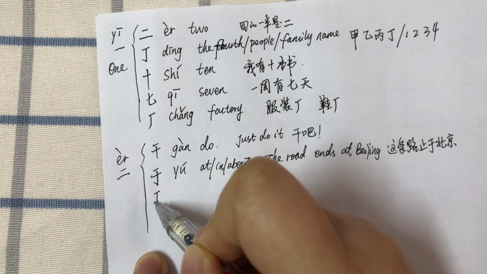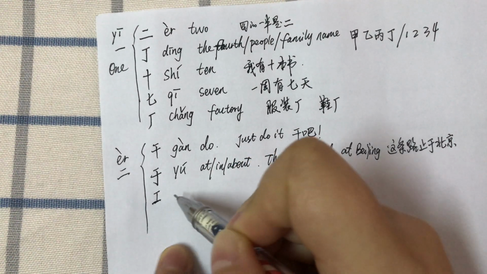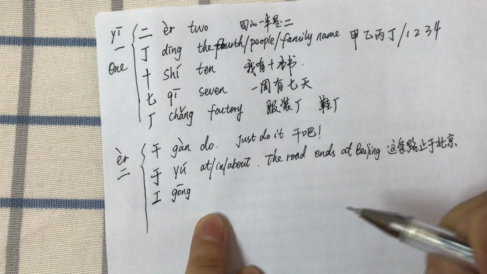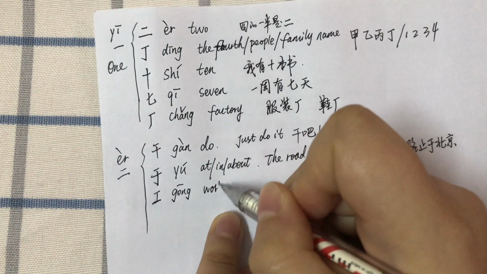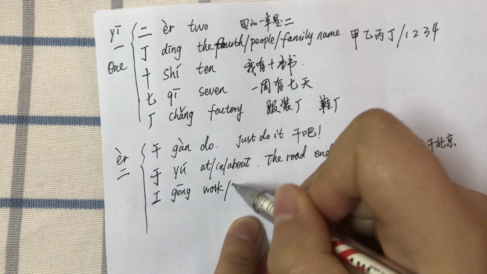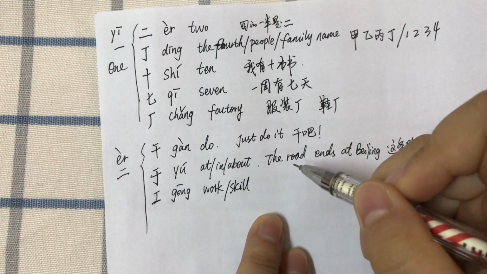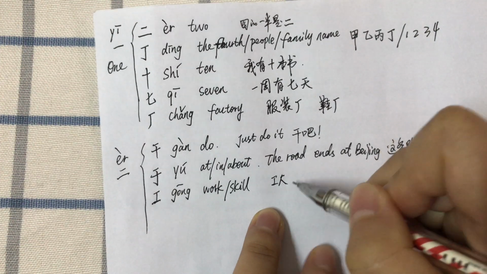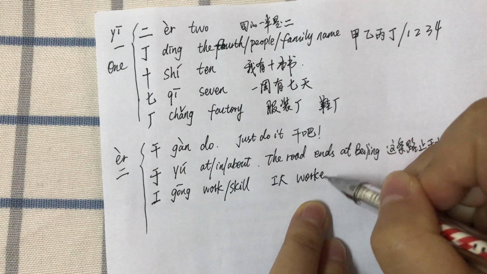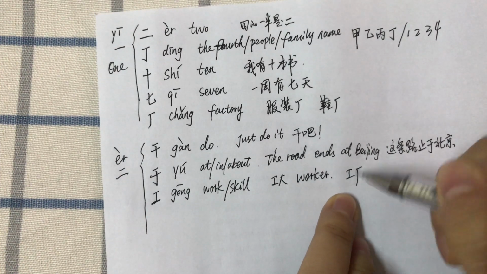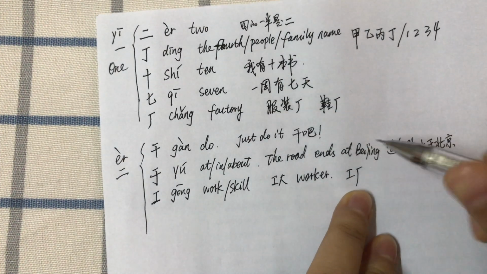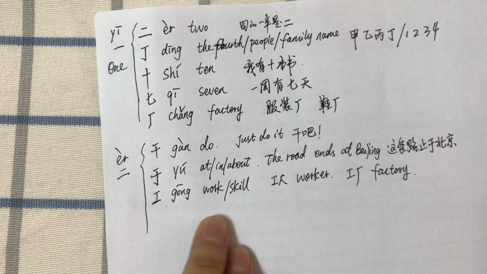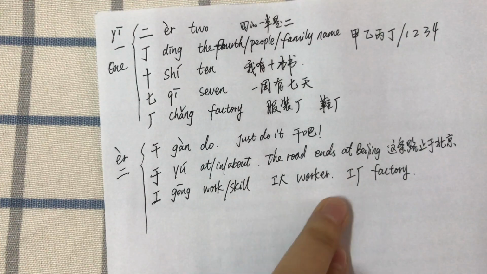The third one. 工 means work or skill. For example, 工人, worker, or 工厂, factory. 工、工人、工厂。